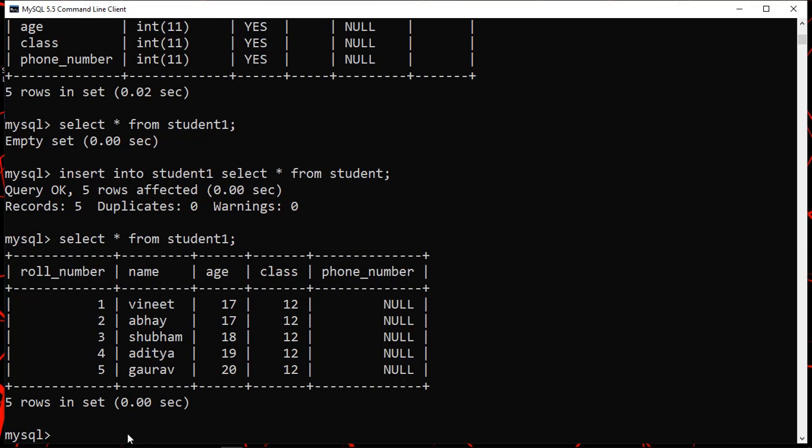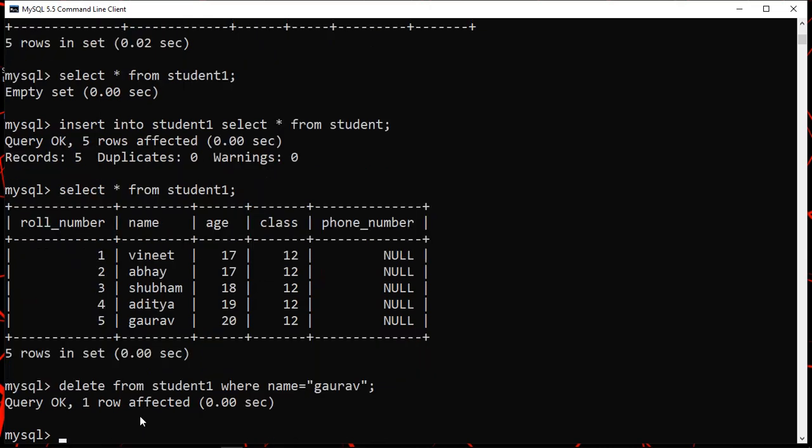We'll write delete from student one where name is equal to Gaurav, semicolon, press enter.